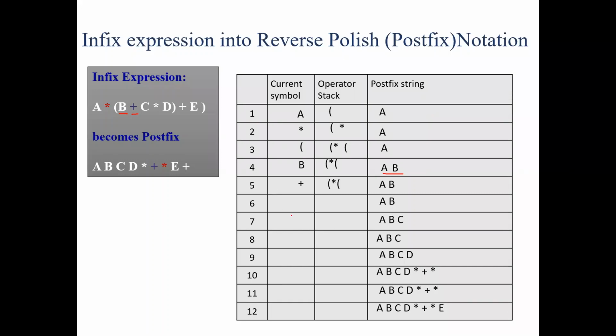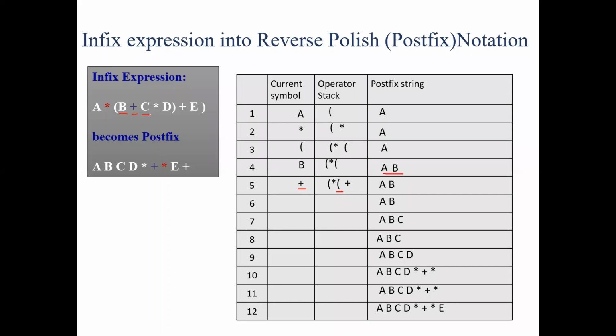So now for the time being, you listen here. Then you get an addition operator. Already we have two left parentheses and a multiplication operator in the stack. The scanned operator from the expression is now an incoming addition, and if the top of the stack has a left parenthesis, you need not say anything else. If the top of the stack has a left parenthesis, you just push it onto the stack. Now the next symbol scanned is C.